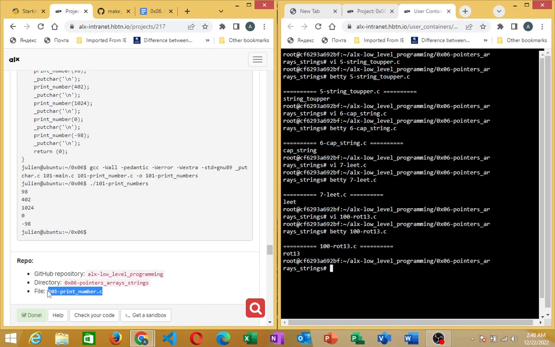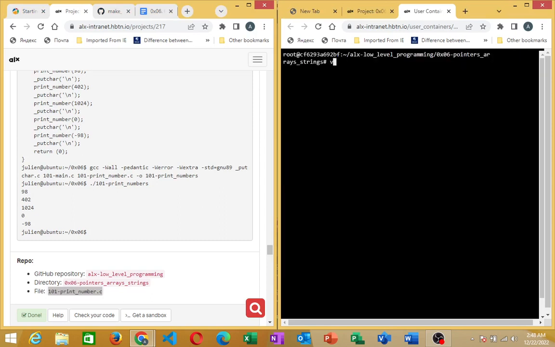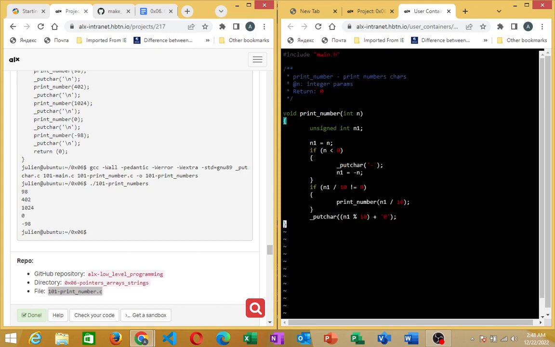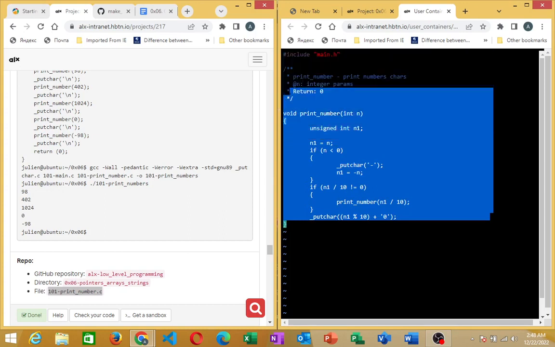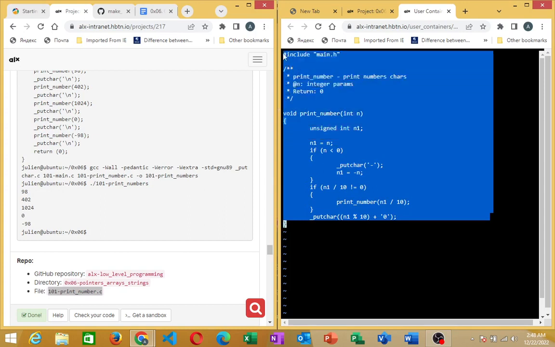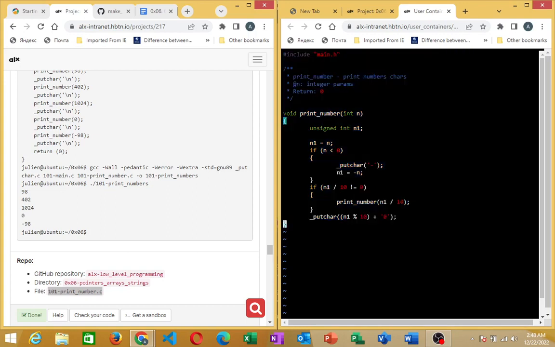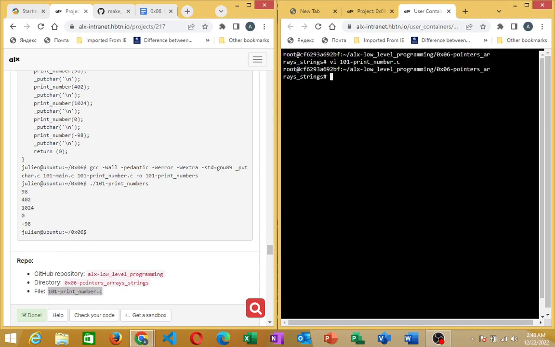file name, Ctrl C to copy. Just let me clear here. So I'll do VI, I'll paste what I've copied with Ctrl A V, press tab. So this is what is expected of us. So you can type this out into this file. Alright, go ahead and type this into that file. So once you have done that, you press escape :WQ. Alright, you exit VI, then you do your Betty,